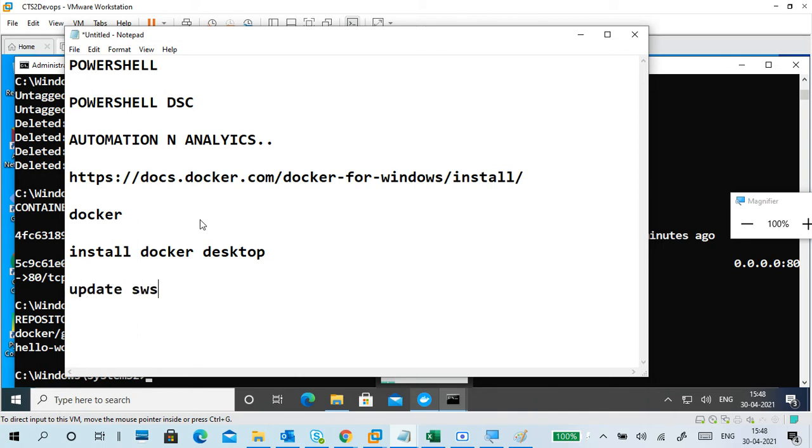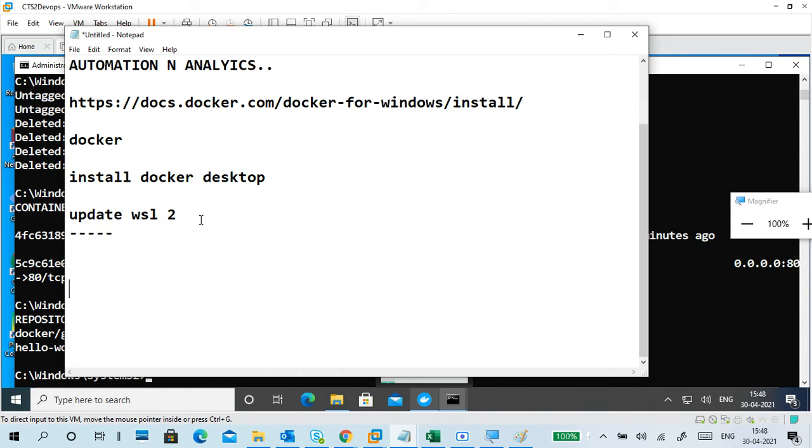Update WSL2, that is also done. Okay. Now finally, I open my CMD. I put commands like docker. That is the default image. It is showing. Okay. So I started.